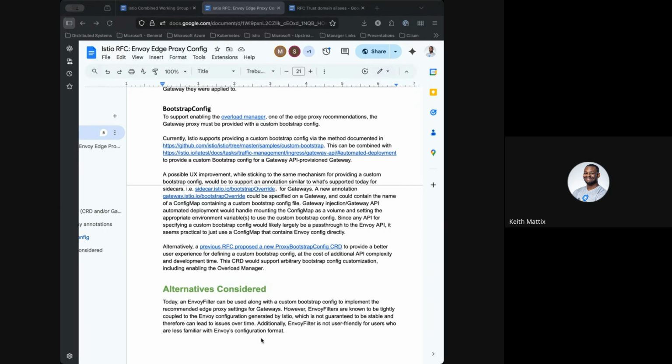So first off, thanks for putting this together. I think there's been a lot of hesitation in the past around exposing some of these granular protocol configurations in Istio APIs. But as I've been talking to people who are running edge proxies, whether it's Ingress NGINX or other things in the ecosystem, they are looking for that degree of control to be able to control buffer sizes and tune the behavior of their proxy based on their payloads. So I'm starting to feel like this sort of thing is necessary API wise,